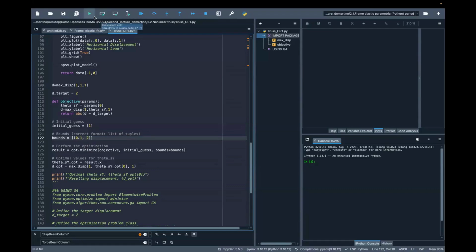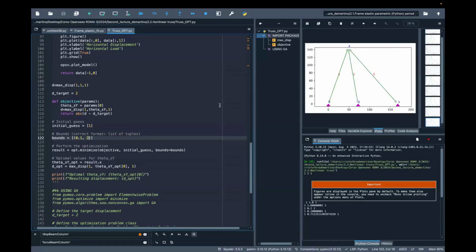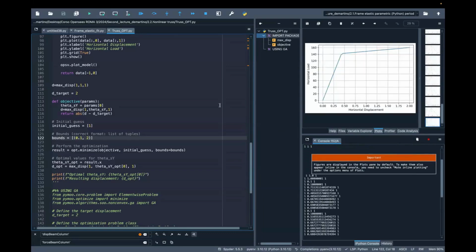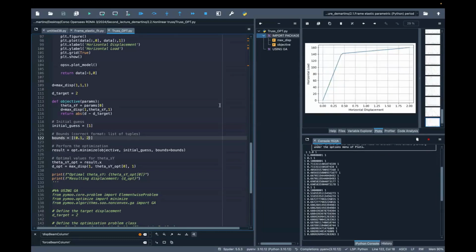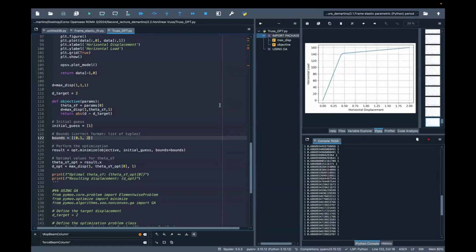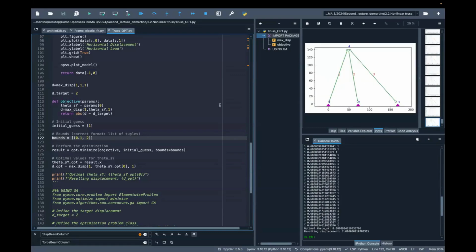So at this point, let me run the code, okay? You will see at each iteration it's replotting, because I didn't block the plot, so it's plotting the constitutive load, the force displacement plus the structure, so you can see the different iterations, and you can see that it's searching the best value of the coefficient in order to provide a solution. I think the algorithm is basically converging to something around 0.68. You can see the first and third coefficients are not changed. And at the end of the day, we will find that the optimal value of Sy is 0.68